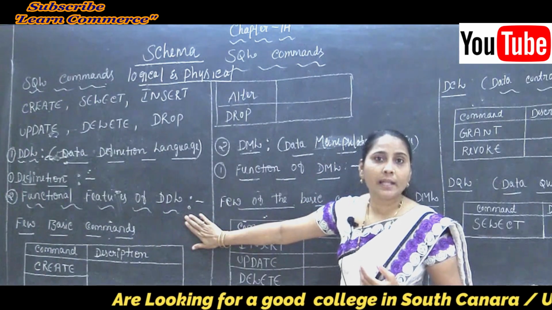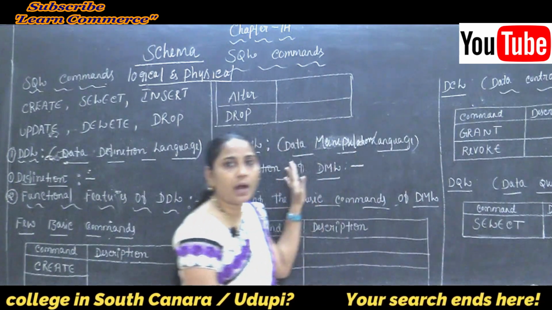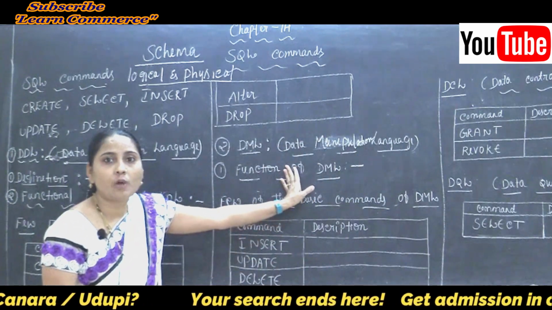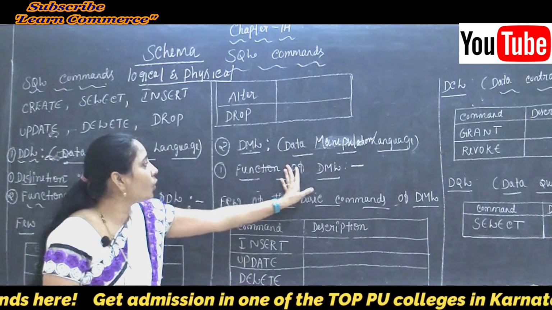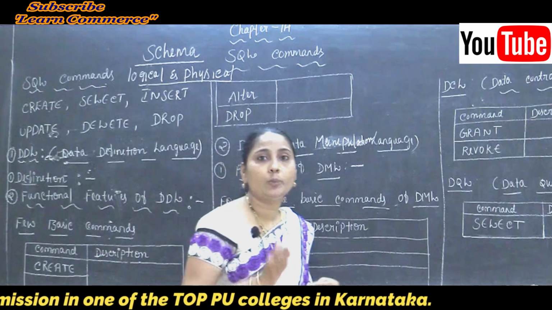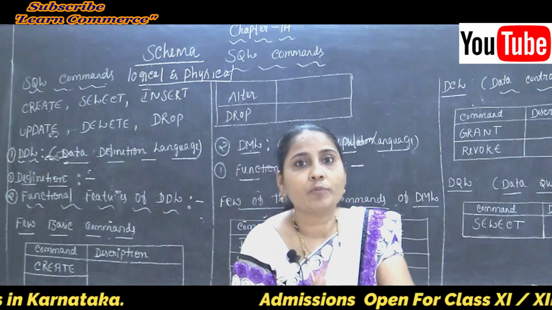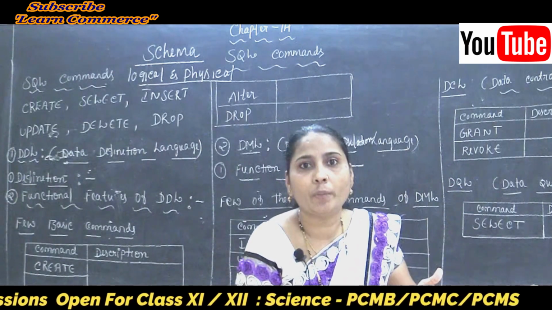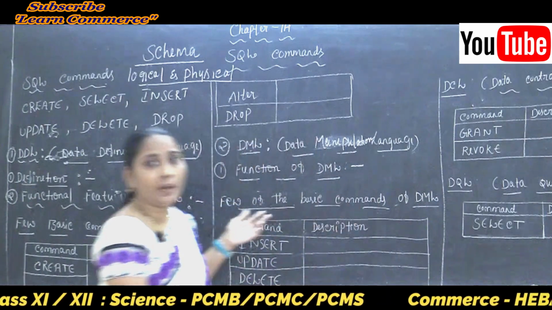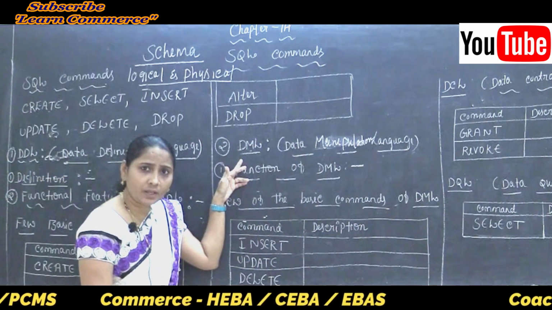And the second feature is that the DML facilitates the use of relationship between the records. That means it provides a relationship between records. It connects and makes a relationship from one data to another data, from one record to another record, maybe in the same table or by using a different table. It is possible to create the relationship between the records here.